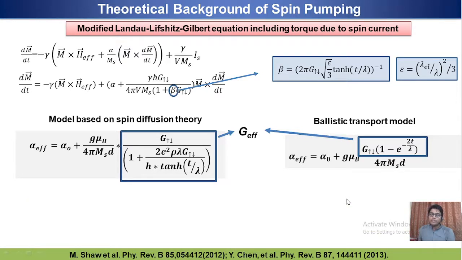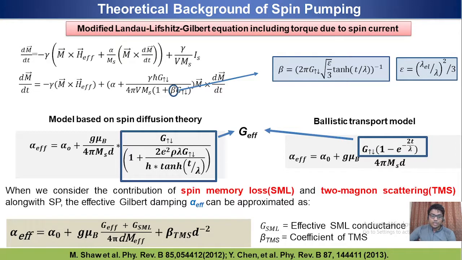In a heavy metal ferromagnet heterostructure, other than spin pumping, there is always a possibility of the presence of spin memory loss and two-magnon scattering. So in our heterostructure that may be present. To calculate their contribution, we have also fitted our experimental data using a modified formula denoted by this, where G_SML is the effective spin memory loss conductance and